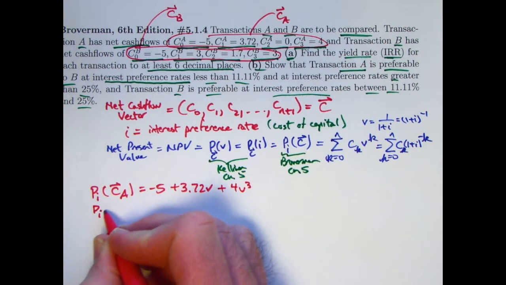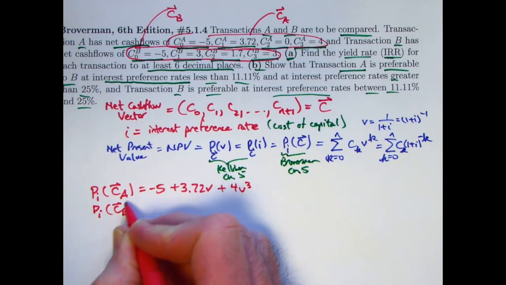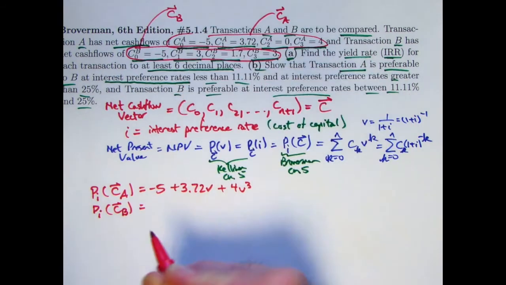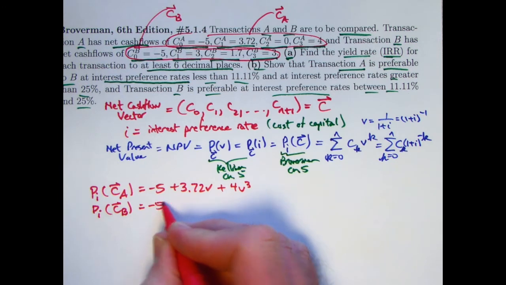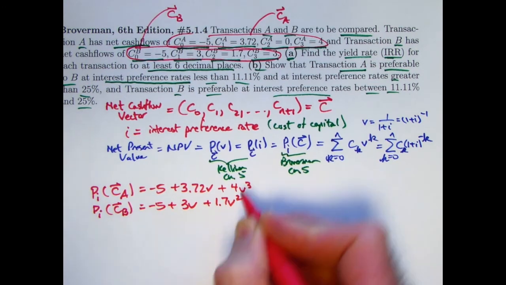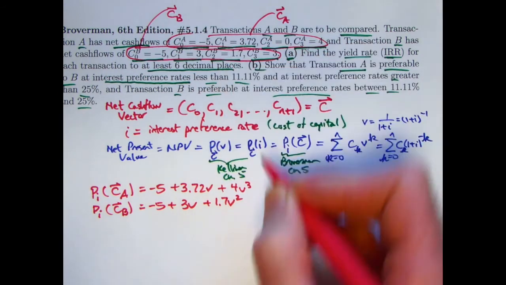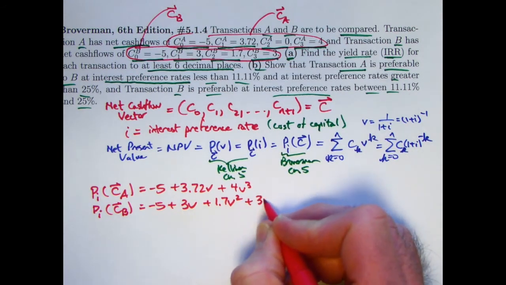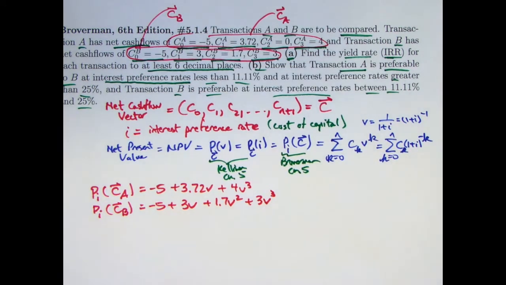And then P sub I of C sub B. Look at the second transaction there. Negative 5 plus 3V plus 1.7V squared. That's at time 2. Plus 3V cubed. All right, now before I go ahead and use the calculator to find the IRR,